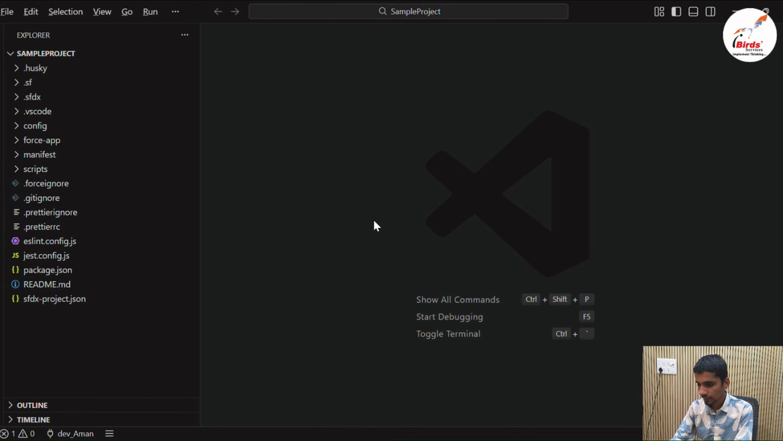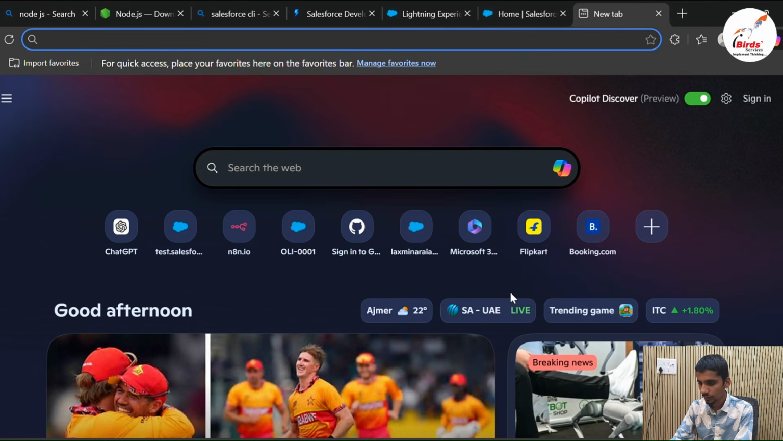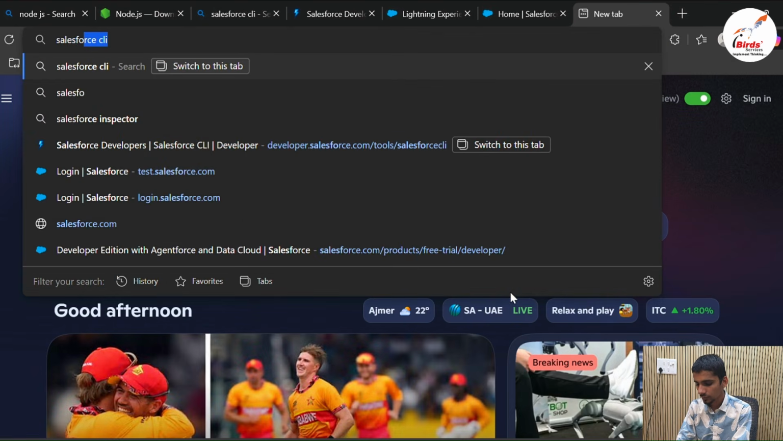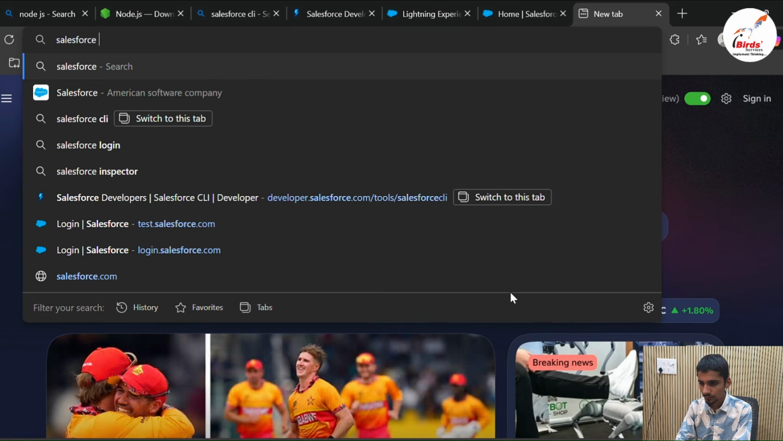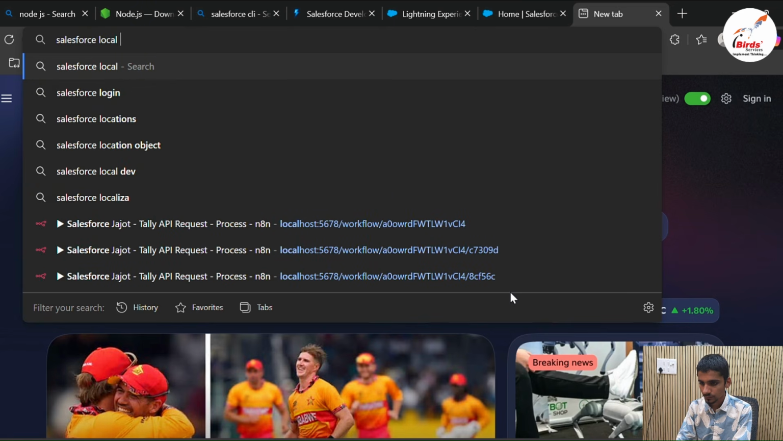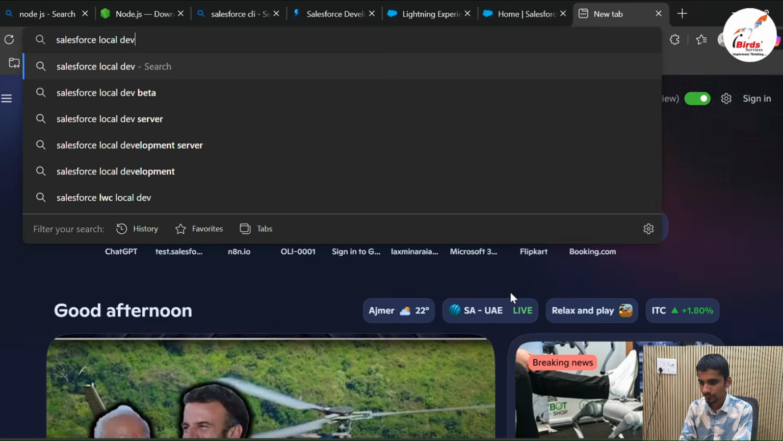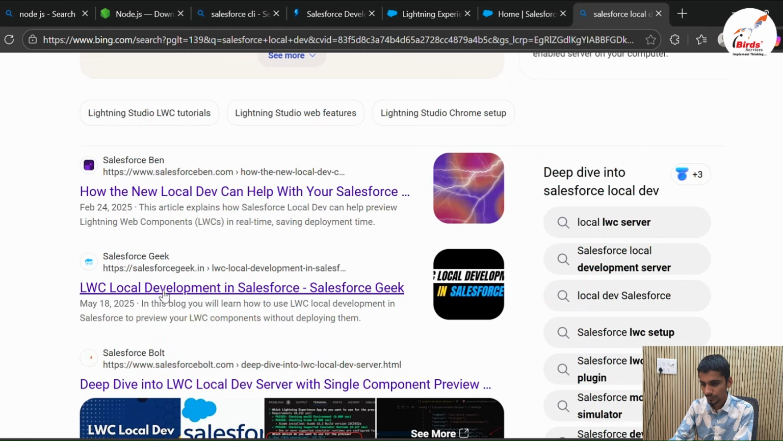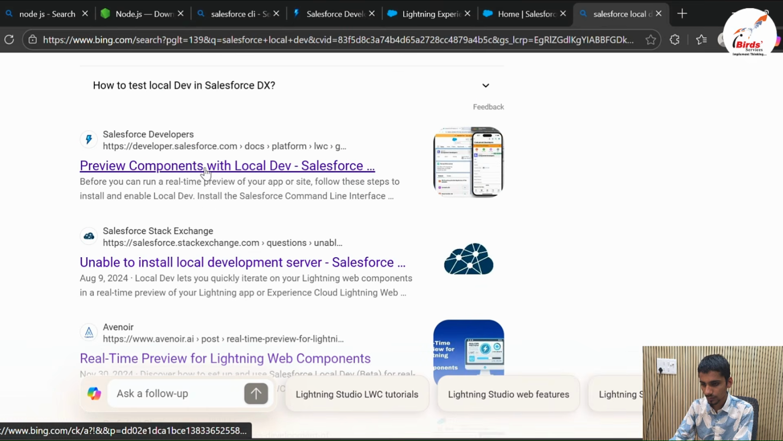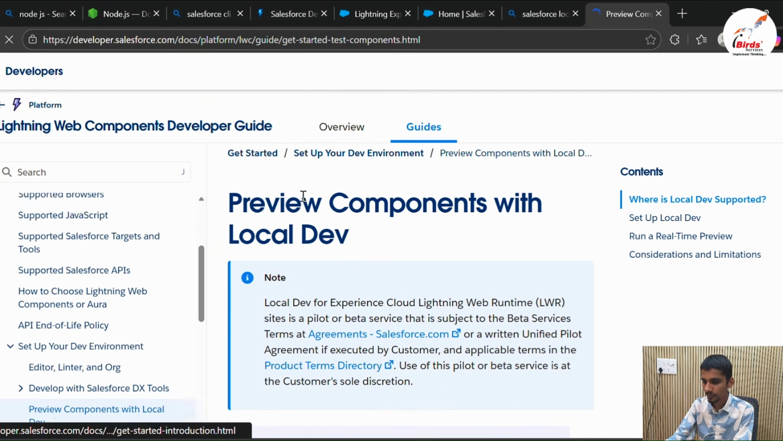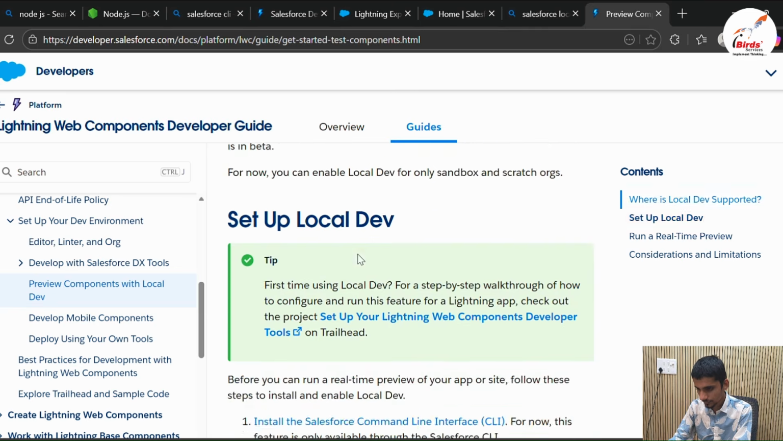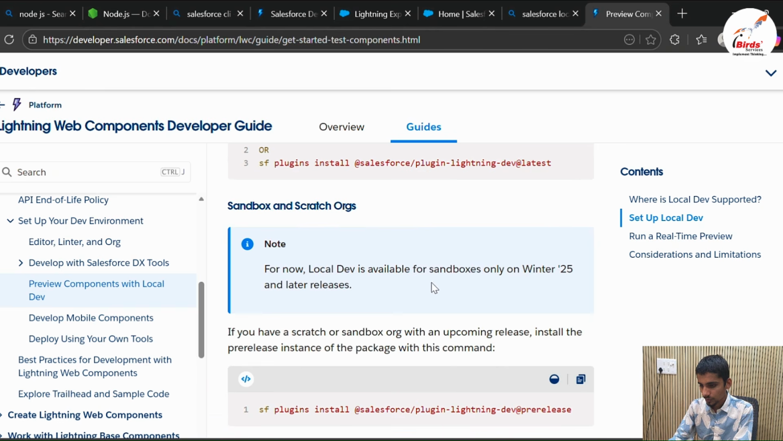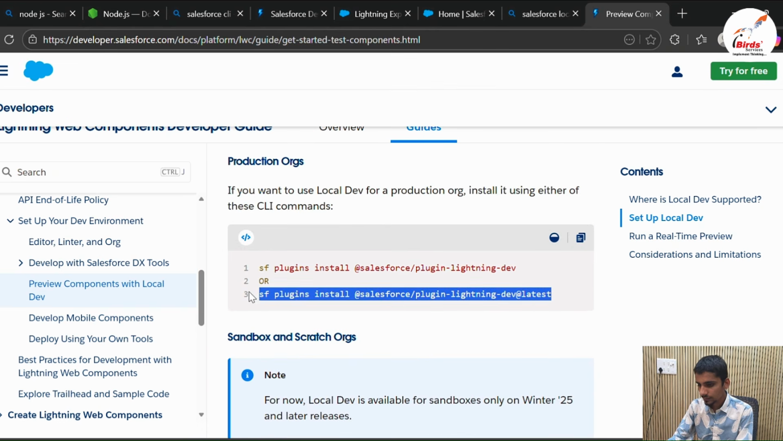In VS Code, for setting up the local developer environment, go to the browser and search Seed Pools. Now go to this site. We have provided this link in the description. Now copy this command